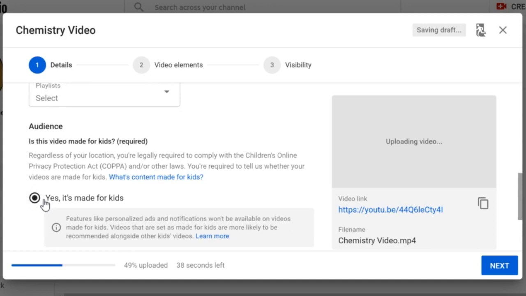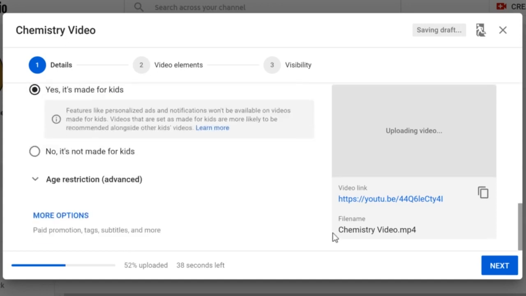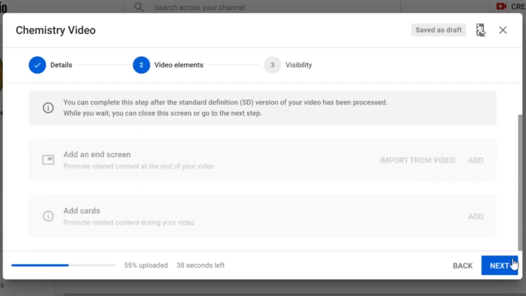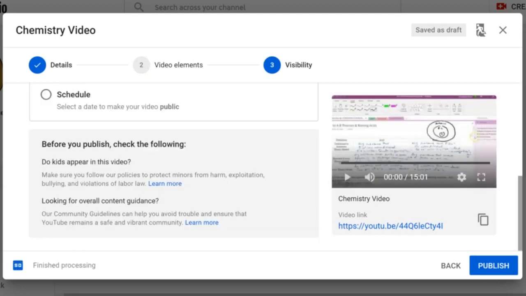That is so that it is marked safely and appropriately. That is very important that you do mark that. I'm going to go ahead and hit Next. I'm going to leave everything alone on this screen, and then next I'm going to make it public. Now, depending on the size of your video, it may take a little while for your video to finish processing, but eventually you're going to see a message that just says Finished Processing. You can click Publish,